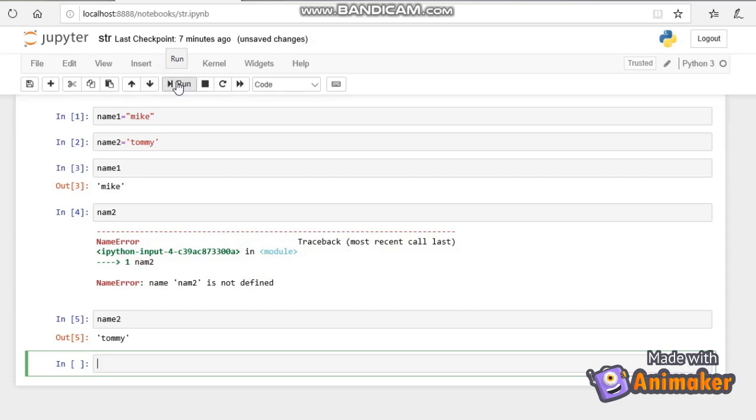So now we'll see about indexing. So string characters can be accessed via indexing. Suppose we want only a single character from the whole string. So we need to do indexing to access those characters.